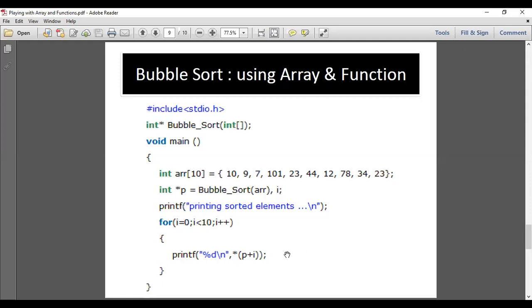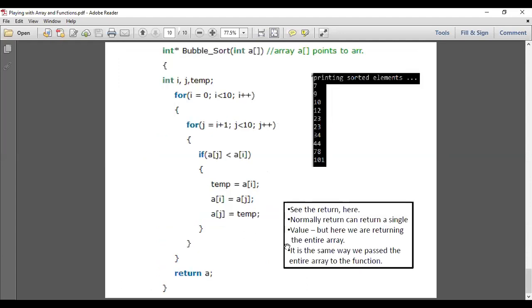In the same way, at a higher level, you can also create a bubble sort application with the help of a linked list. So that was the idea of today's discussion, where we have seen the different ways that we can pass parameters.